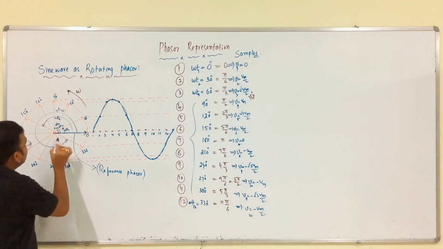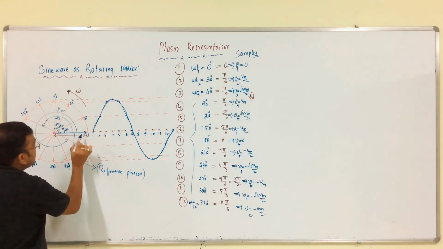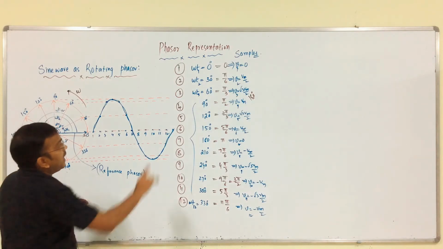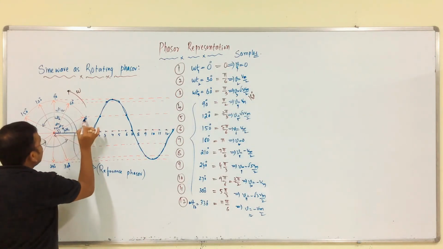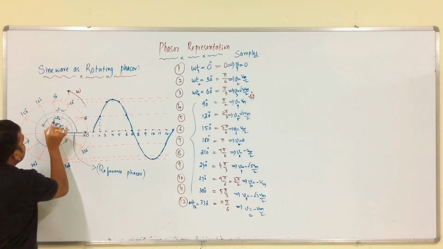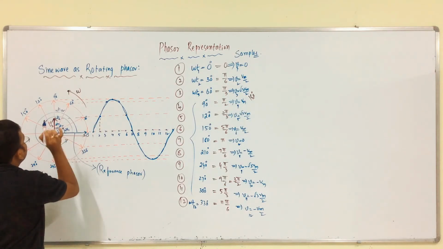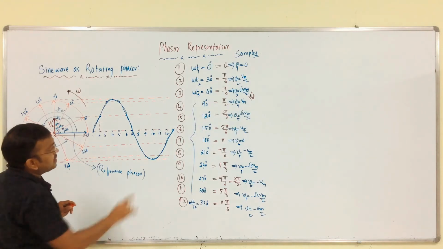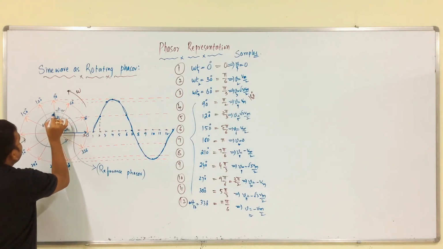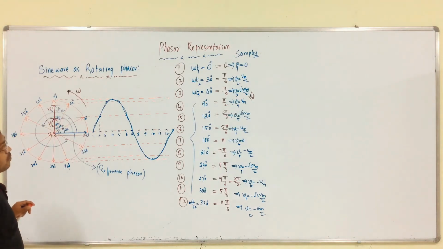Then what is this magnitude? And before that, at this instant, what is the value of voltage? 0, right? At the next instant, 30 degrees, what is the value of voltage? That is Vm by 2, that is V2, right? V1 is 0. At the third instant, 60 degrees, from here up to this point, this is V3, that is 0.866.